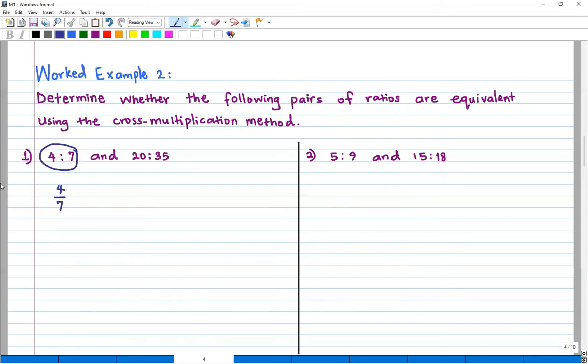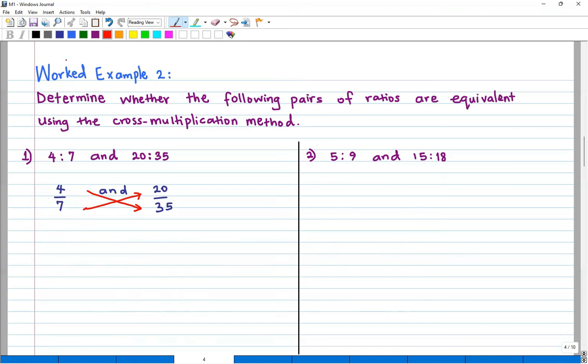The ratio 4 to 7, we write it as a fraction, 4 out of 7. And 20 out of 35. That is the same as 20 to 35. Let's do cross multiplication. You see that? Now,